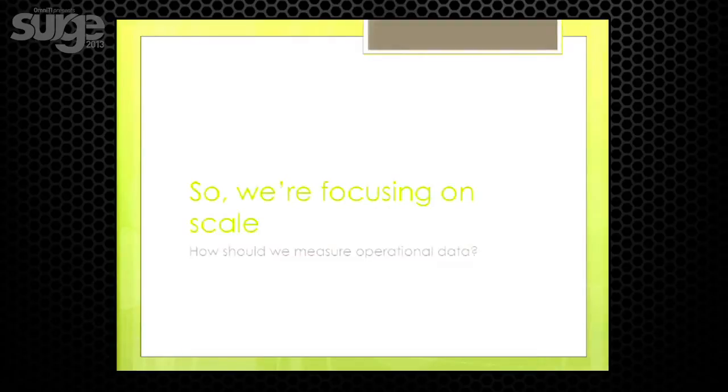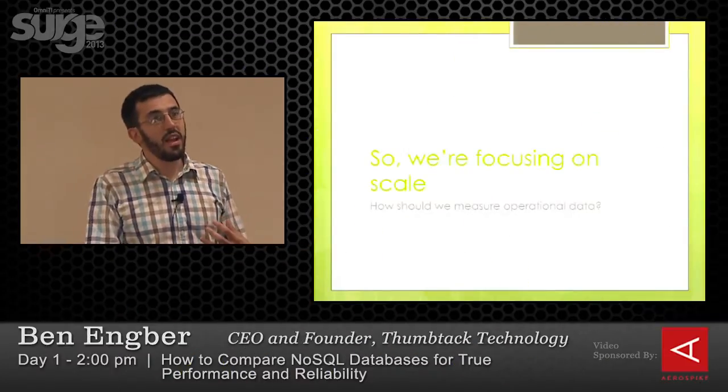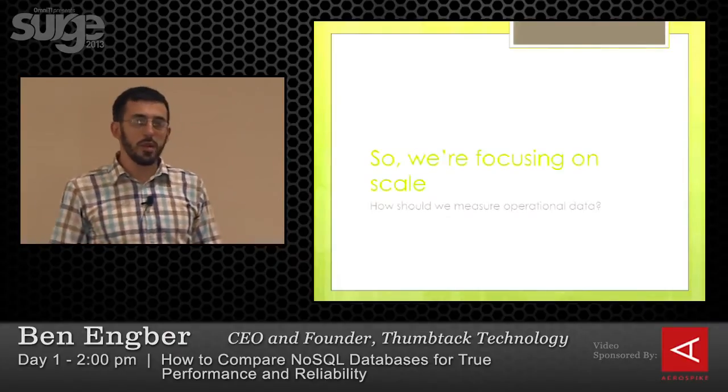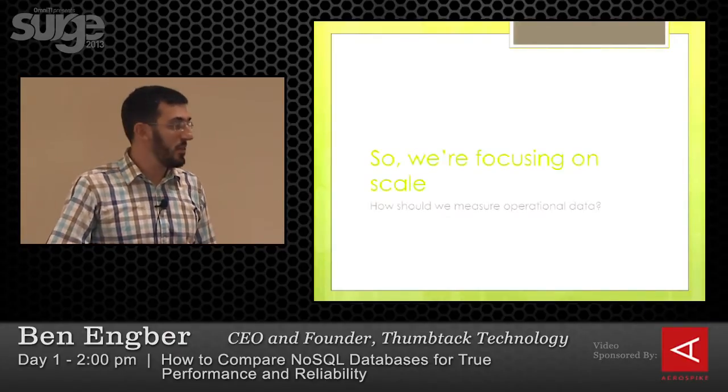So what I want to really focus on here is how do these databases scale in the face of key value load? How are they achieving it? What kind of trade-offs are they making? And then once we have this, that'll give us a framework for building on top of it and understanding some of these other things.